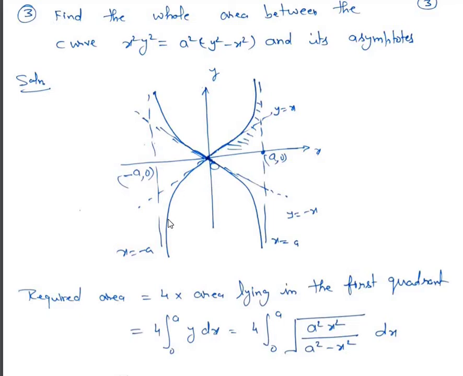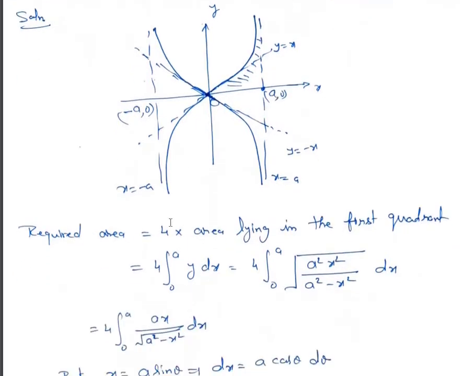So if you trace this curve, the shape of the curve is like this. We have to find the area between the curve and its asymptote. So we have to find this area and then multiply it by 4. So limits for x are from 0 to a. So the required area is 4 times the area lying in the first quadrant, which means 4 times the integral from 0 to a of y dx. Put the value of y